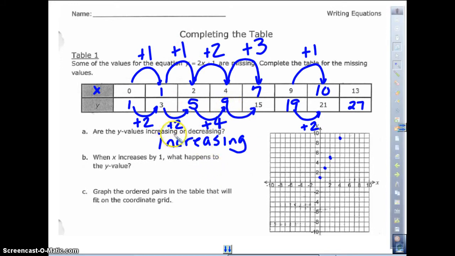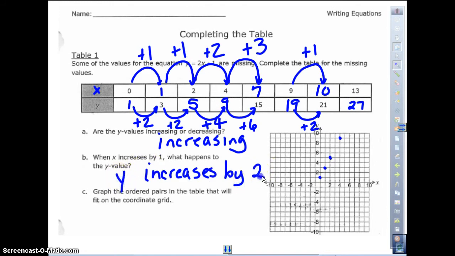Instead of it being an increase of 2, it's going to be 3 times bigger. And isn't from 9 to 15 an increase of 6? Yeah, but 6 divided by 3 brings us back down to 2 over 1. So we're still following the same pattern. Anyway, when x increases by 1, what happens to your y value? It increases by